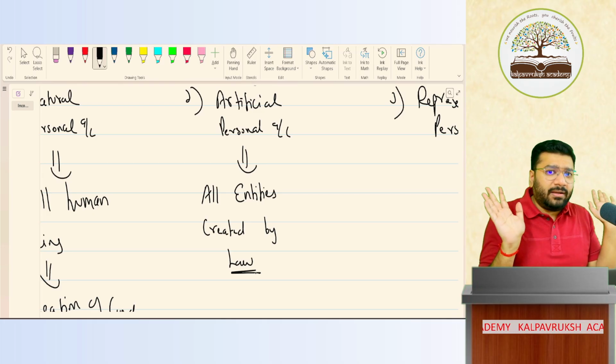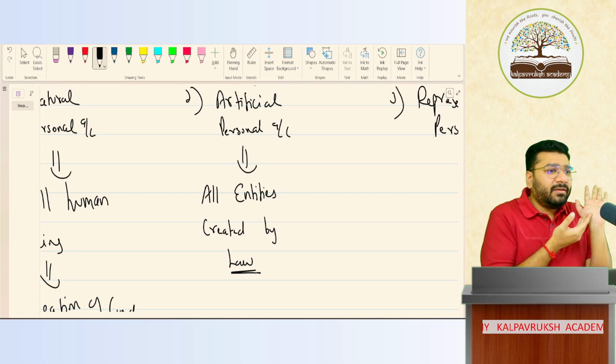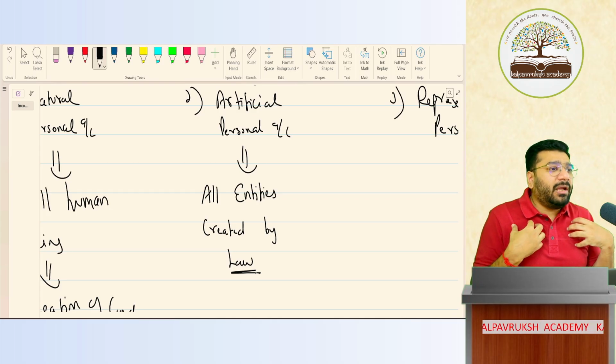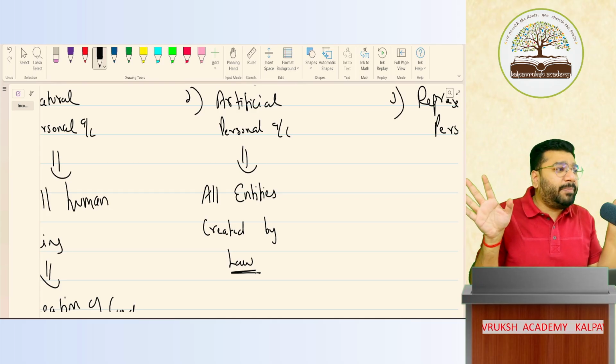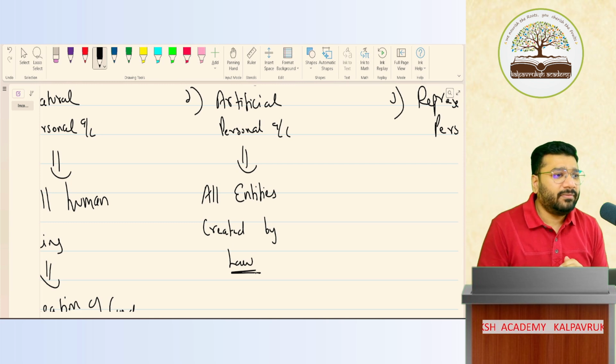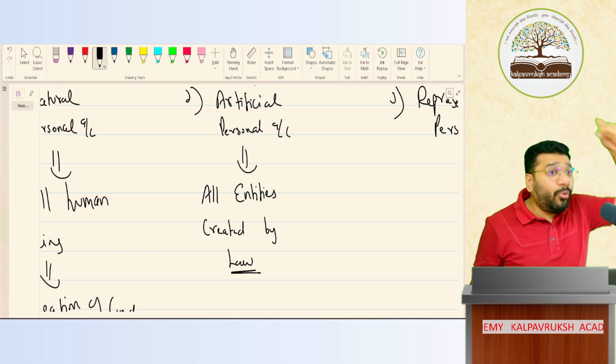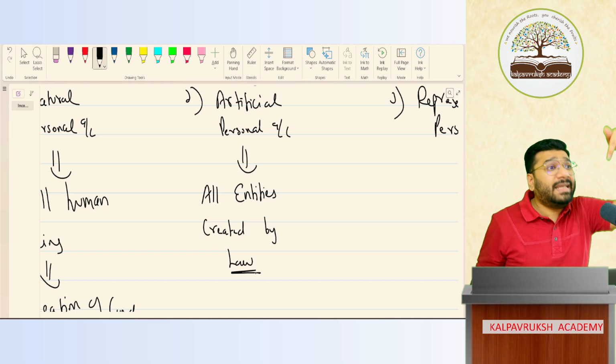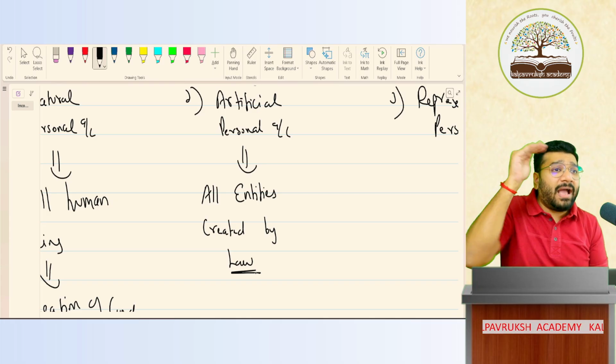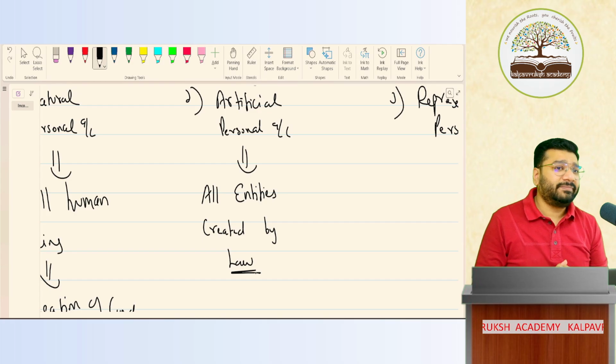Even if it is an entity, I will still record it, no? Or will Mukesh Ambani's company say, no, since you did not call me an artificial person, I will not record myself as an entity? Will the company say like that? No. So why do you declare an entity as an artificial person and record it? Why have you changed its name to artificial person? First of all,